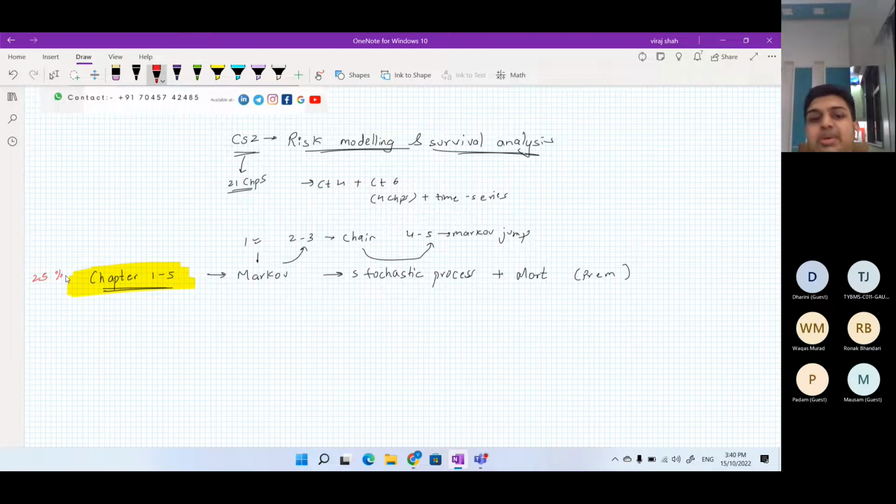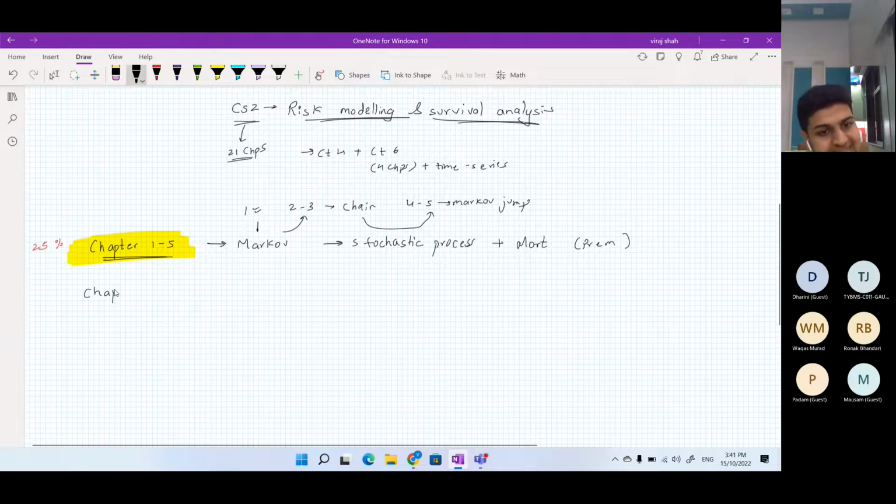When you would be in the zone of properly studying, doing revisions and everything. I'll give you a plan about how we'll be going, but in January, February, you will be deeply invested in CS2. I do not want you to take this lightly. So this is why this is done at a later stage.